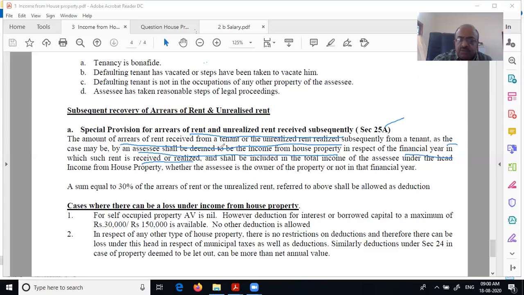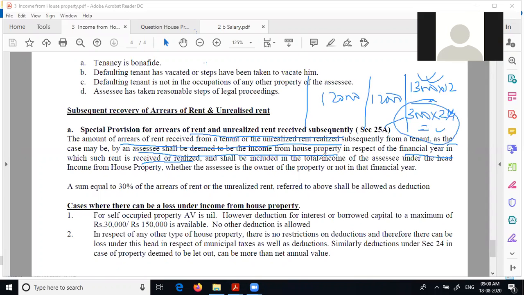So it's very simple. As we told, in the year when he's getting it, when they are agreeing, it is 13,000 rent, new rent into 12, and in the year in which he's receiving that money, extra 3,000 for how many years? 2 years. That into 2 years, that is 24 months, that will be taxed in the third year. In these earlier years, when you paid 1,20,000, don't go and disturb it. No need. Only here it should be added. That is what they say.